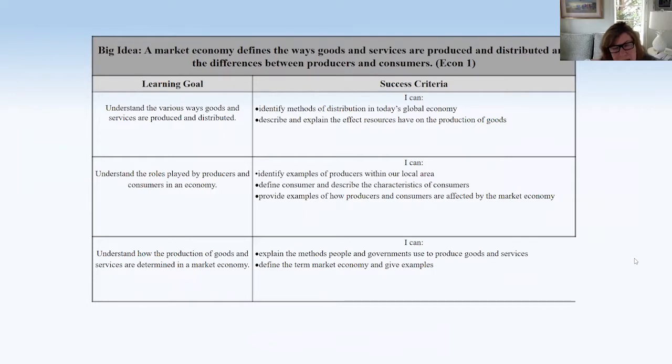So I'm just going to leave it so that when you get the slides, I believe Paul's already emailed them to you, you can look at this and think about, do these meet the criteria of both the learning goal and the success criteria, and are they sufficiently grounded in the concepts and skills associated with economics? Paul, I'm not going to put you on the spot because we'll do that for the next one. So the next one is,